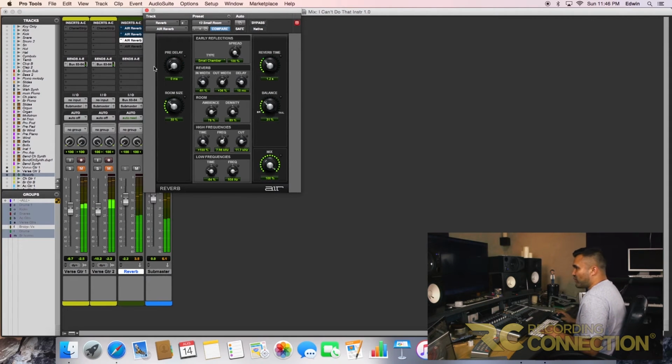So this is a small room. I like this for the type of song. This is something that I would use. Kind of open the room a little bit, give it a little bit more tail, why not? Make it a cool sound. That way when we add this, kind of gives it like a flangey kind of effect,